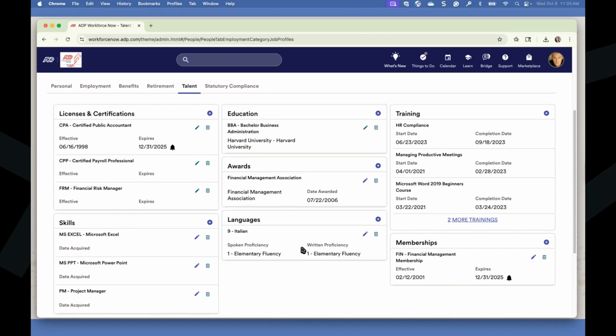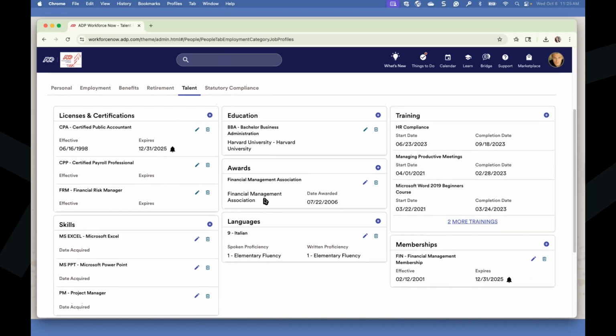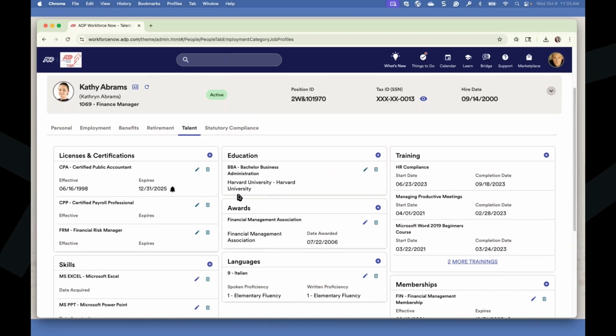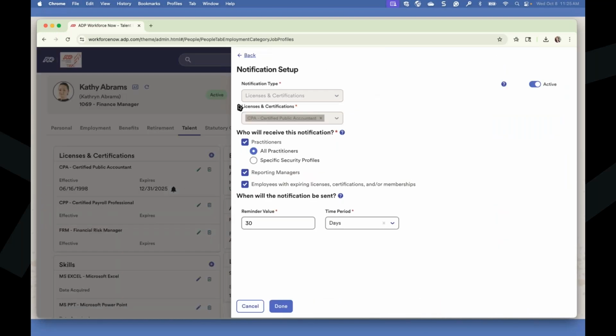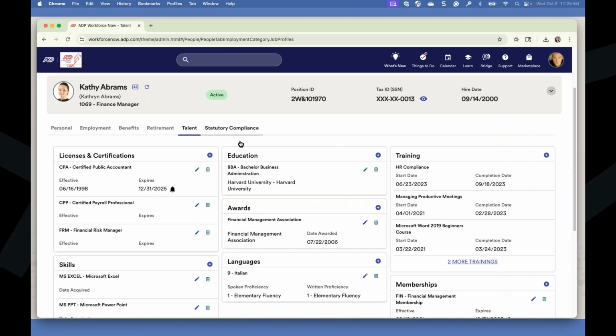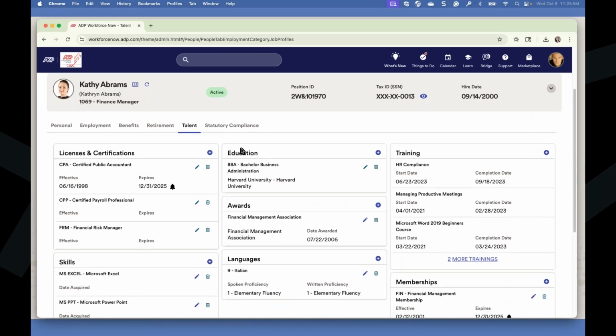Having that information at the click of a button, anybody in the org can access it with the proper permissions. And it also can have an expiration date. We all know there's a lot of certificates that you have to keep track of, making sure that they're updated, that you're staying in compliance. This is a huge time saver, no Excel spreadsheets that have to be filtered and sifted through every day or every week. This will actually generate a notification to whomever is decided on. And then you can also run reports. So if you wanted to do like a monthly audit for the following month, totally doable within a couple of minutes.